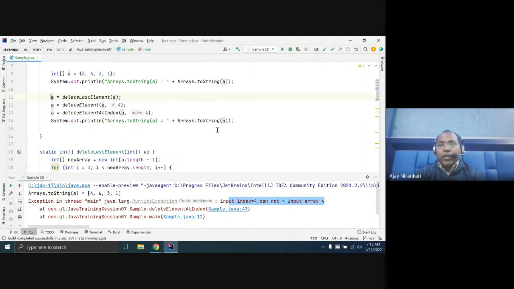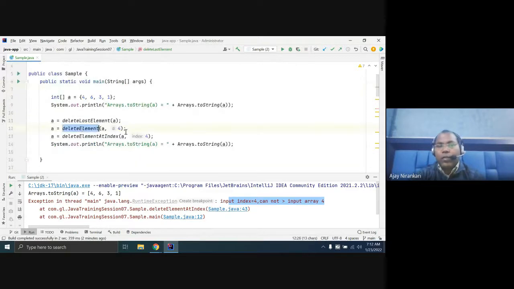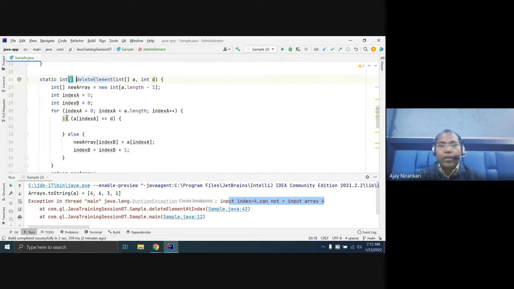So in this way, first we delete without passing anything, just delete one element, and the last element will be deleted. If you want to delete a specific element, you have to add a condition. Whatever array I am going to copy into the new one, first we have to check whether it matches or not.